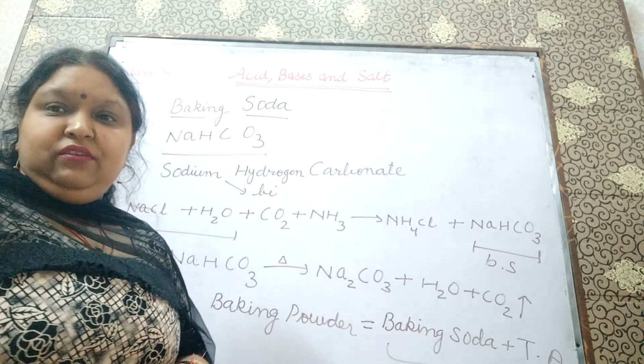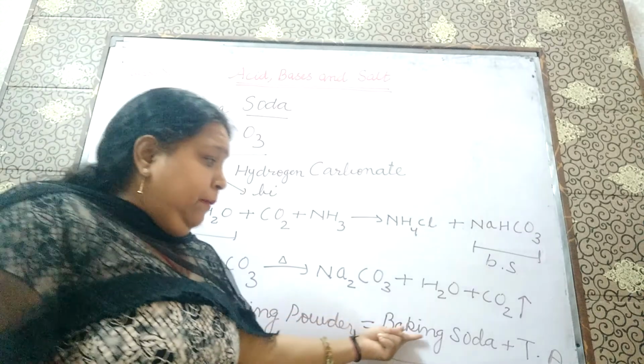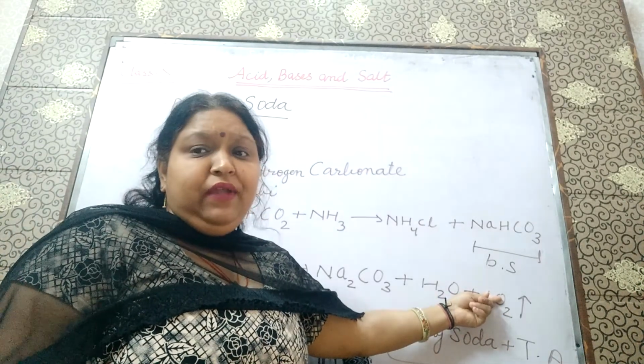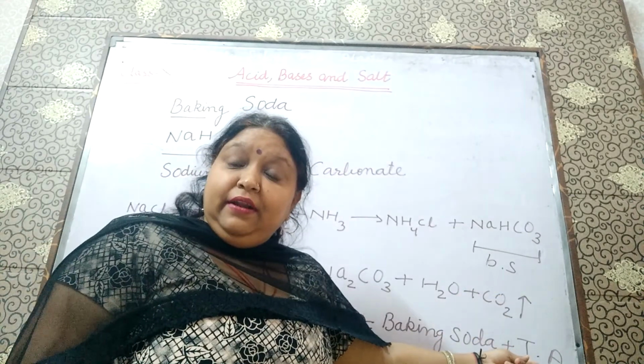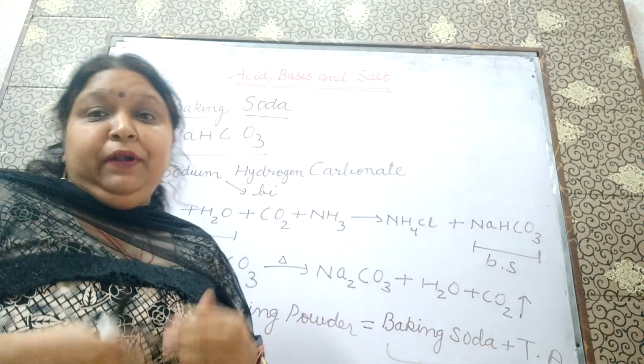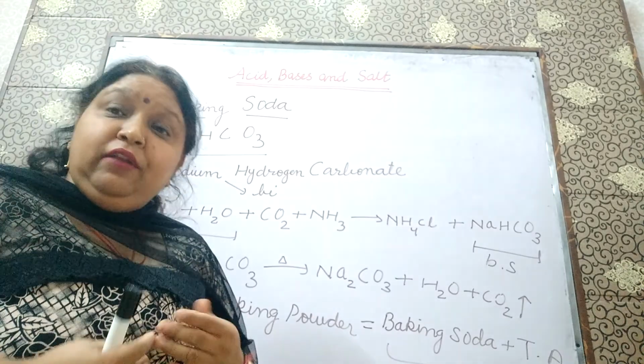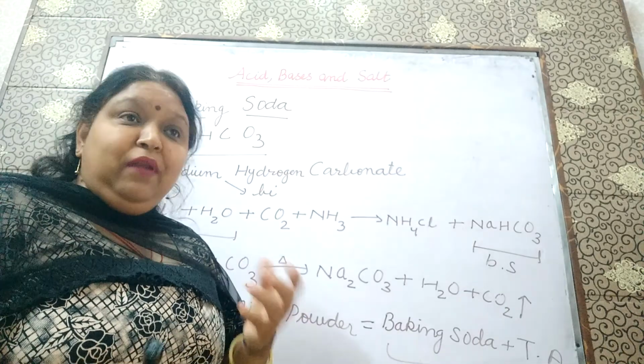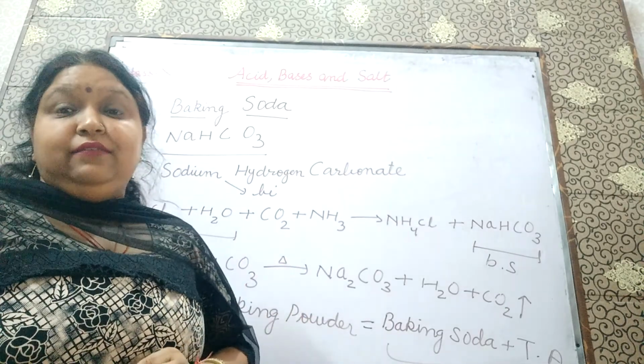and bitter in taste. Do you know that the baking soda will give CO2 and make the cake soft and fluffy, and this tartaric acid will minimize the bitterness of the cake? So it will make our cake of better quality. It will be soft, fluffy and not bitter in taste.